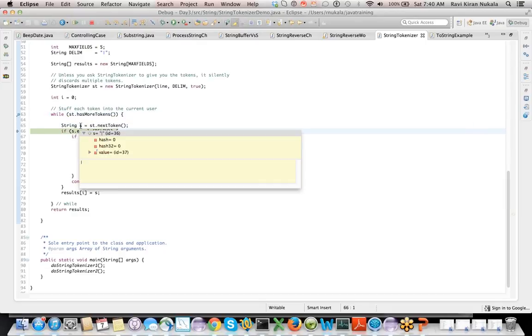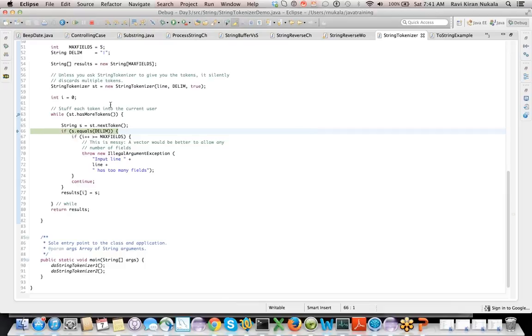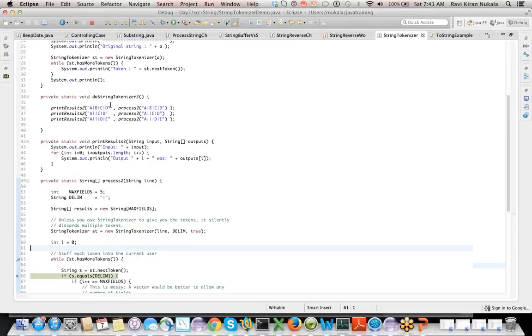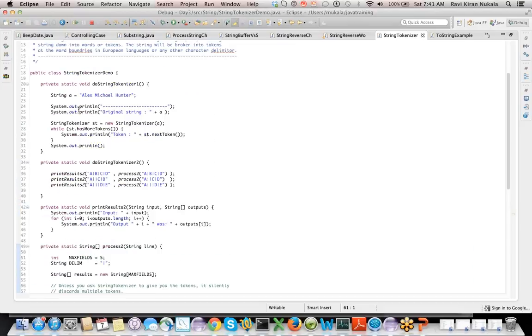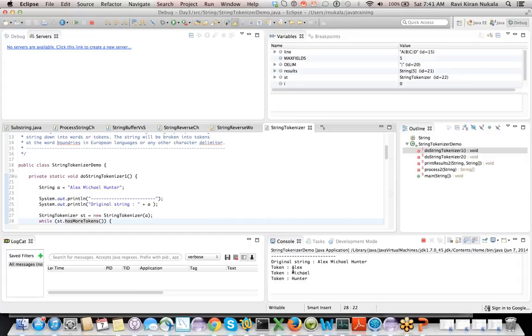See here. Previously, when we did it without delimiter, we just said new StringTokenizer. It ignored returning spaces, right? It did not return any spaces for us in hasMoreTokens. How am I saying it did not return any spaces?